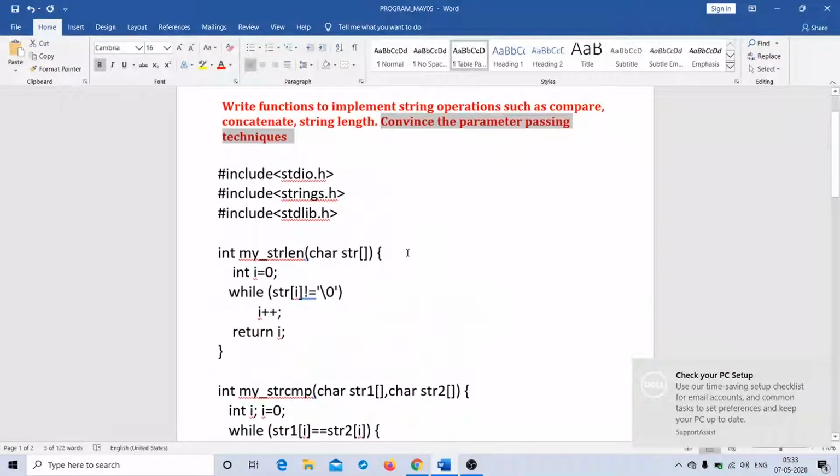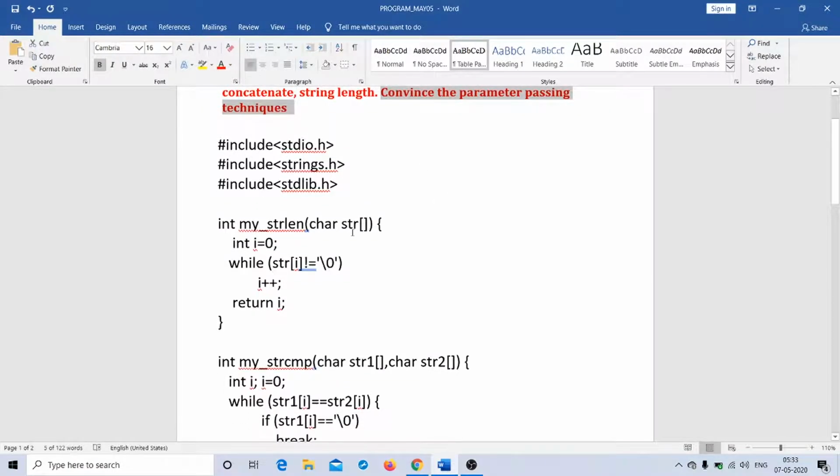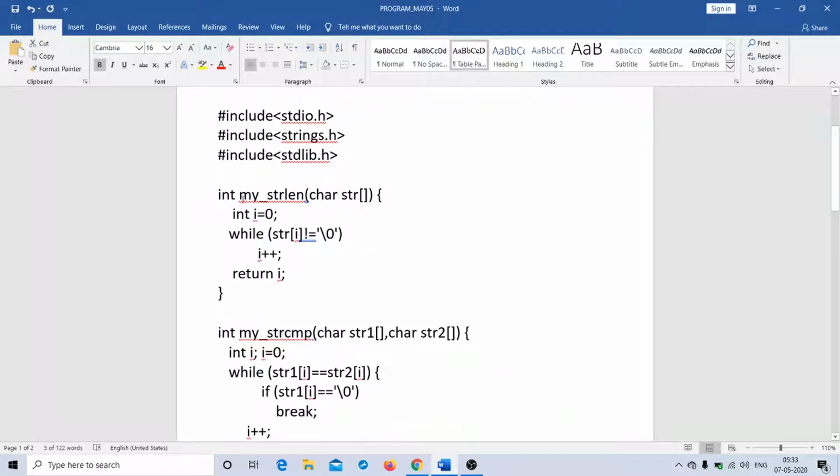So actually I'm trying to do the string operations by making use of my own user defined functions. If you look at this, this is my user defined function called my_strlen, which will print the length of the string.